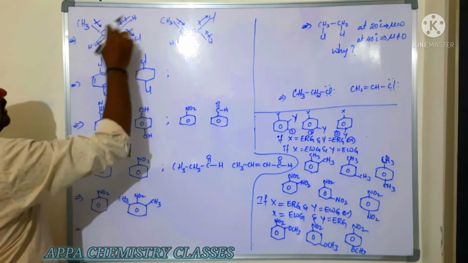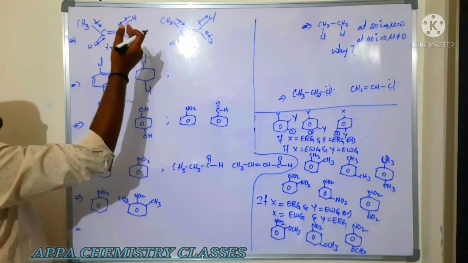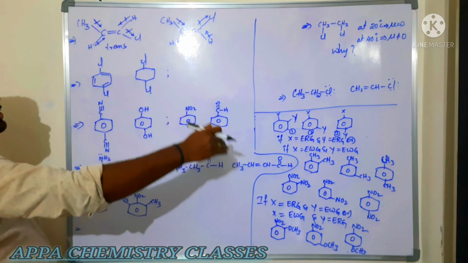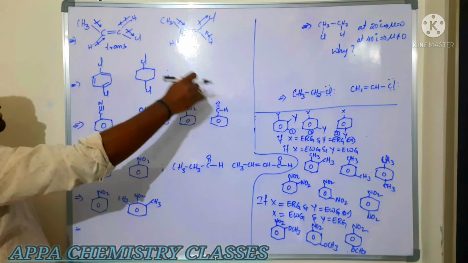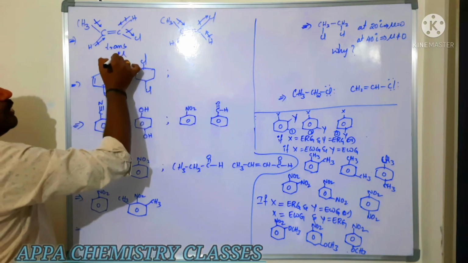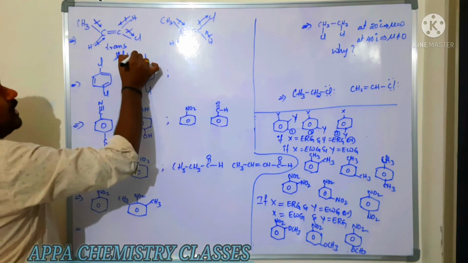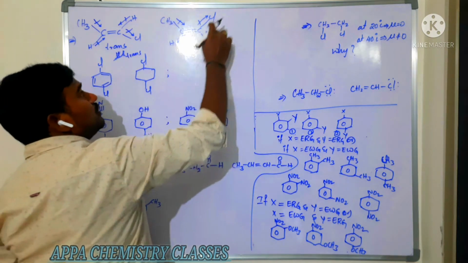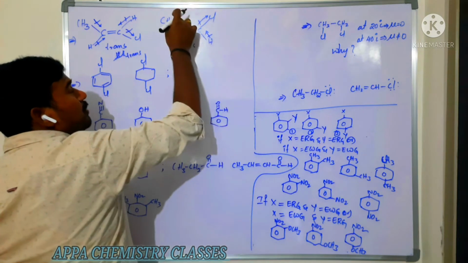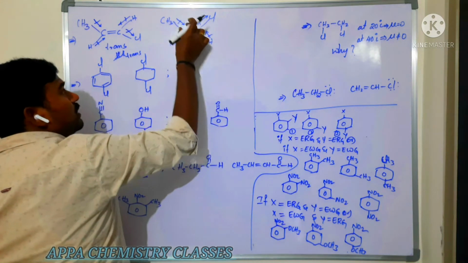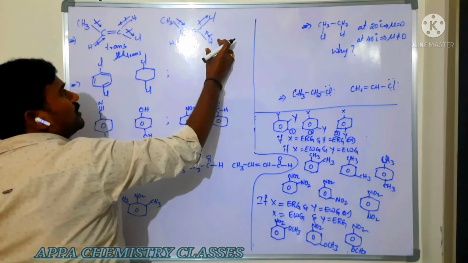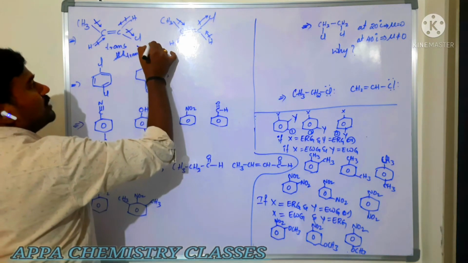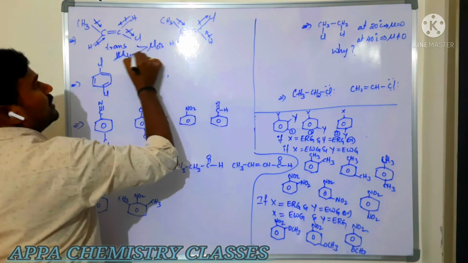But whereas here these two hydrogen dipole moments are cancelling, but the methyl group and also the chlorine group both are going in the same direction, the bond moment is in the same direction. So the dipole moment of trans will be very high here. Now, but whereas here the methyl group is coming down, chlorine is going in this direction. But some quantity of the methyl dipole moment was cancelled by this hydrogen atom. That is why trans dipole moment is more than the cis.